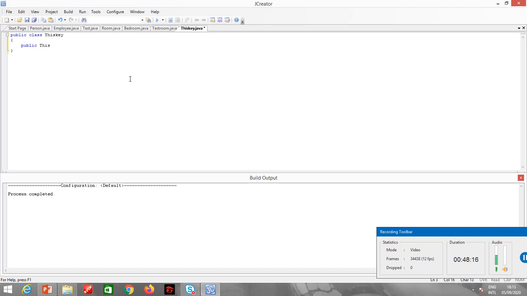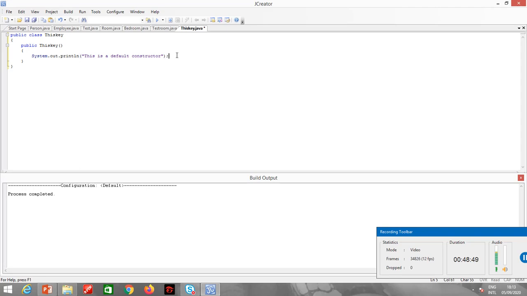So for example, let's make public ThisKey, and I just write over here System.out.println, this is a default constructor.